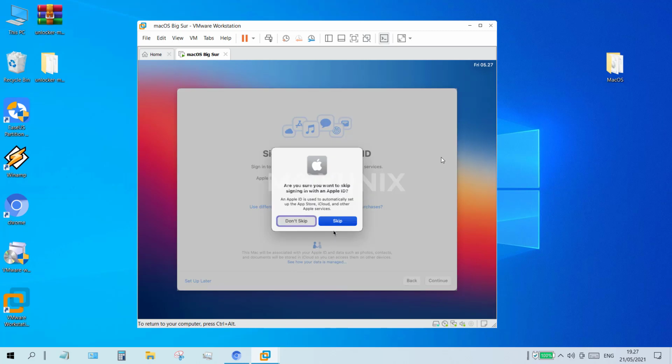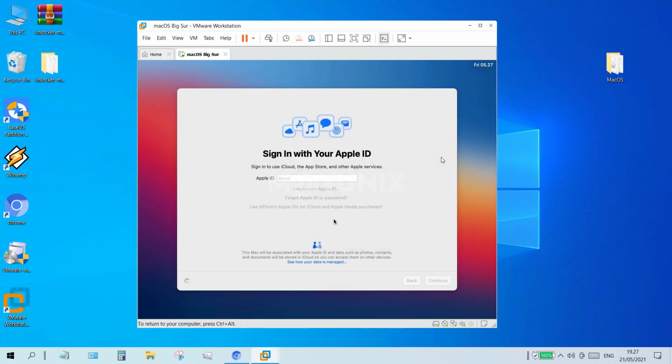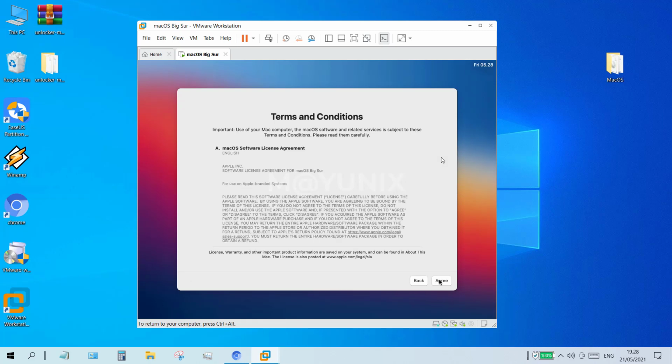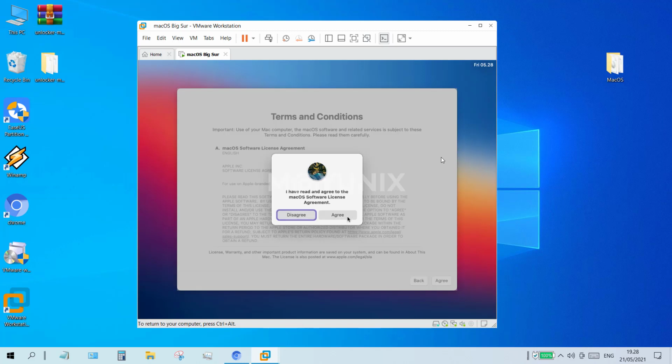In the window that appears, click the Skip button. In the Terms and Conditions window, click the Agree button. And then click the Agree button again.